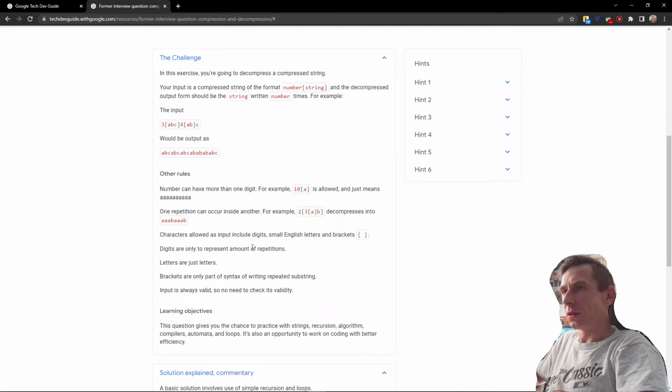The main rule is that we need to decompress what is in the brackets. We need to repeat it that many times as the digit before the bracket states. Okay, so some other rules